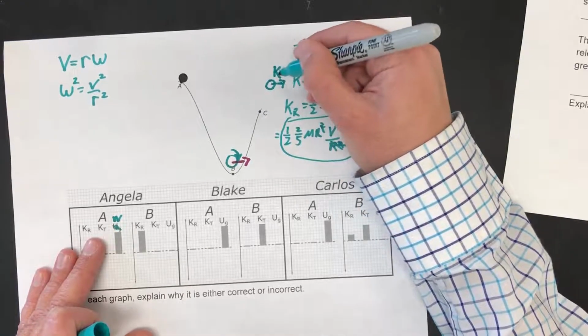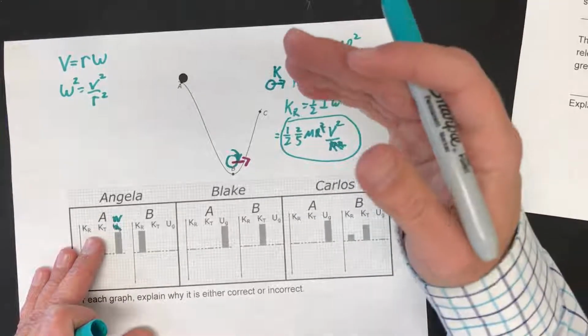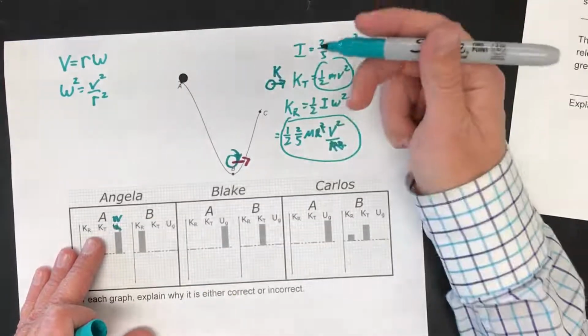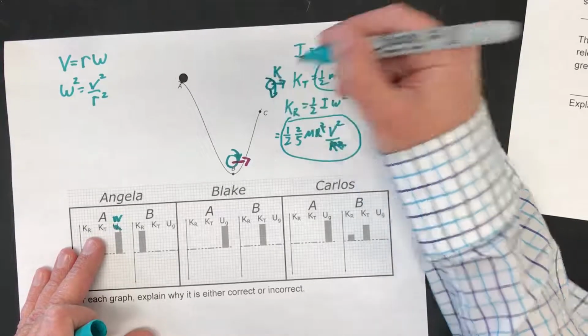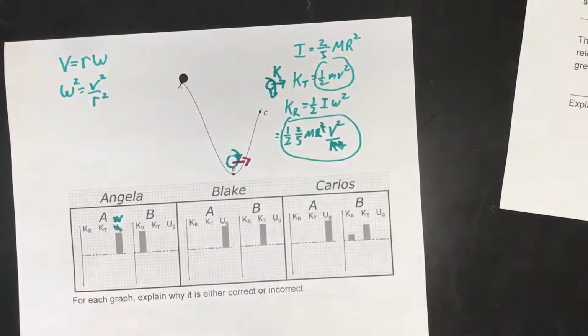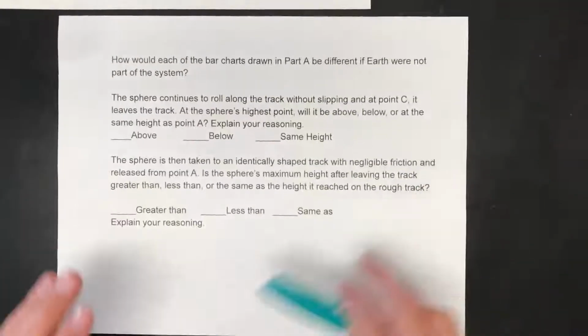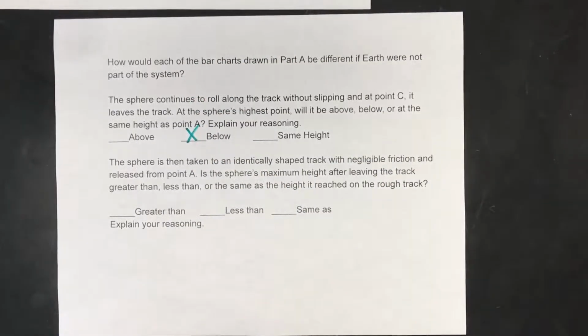So by that fact alone, it's not going to get to the same height as A, because we launched it to the side. And that would be true even if this thing wasn't rotating. It wouldn't get to the same height. But the fact that it's rotating even adds to that effect. It even compounds it. So because it's still going to have sideways kinetic energy, and because it's going to have rotational kinetic energy, it can't get back to the same height as A. It can't all go back to gravitational potential. So our answer here that we should check is that it would be below point A. And then finally,